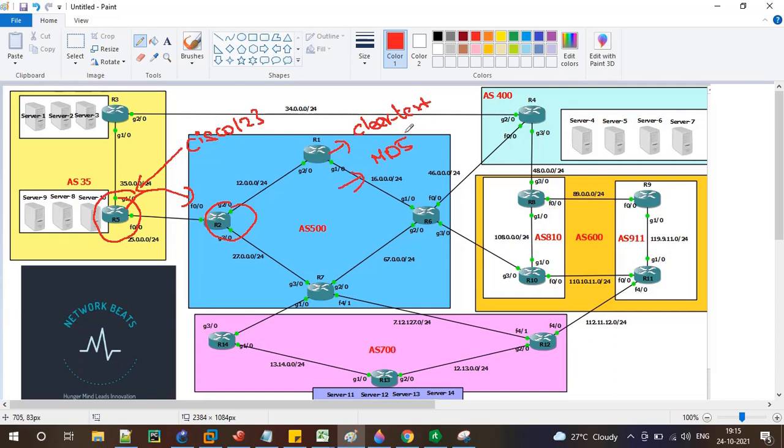MD5 is a hashing mechanism. If you give the password Cisco123, the MD5 algorithm puts this password into the MD5 digest and gives a hashing value, which normal people cannot understand. Only MD5 understands how it got hashed and how it has to be dehashed on the other end. Clear text means whichever password you send is carried as clear text without any security. What is hashing?